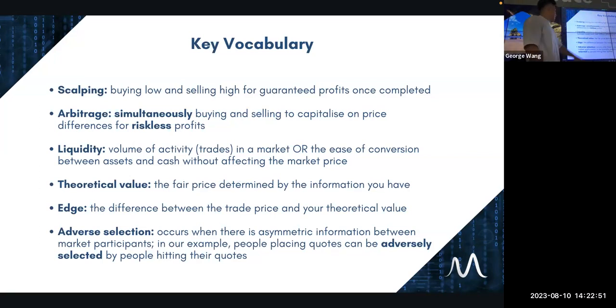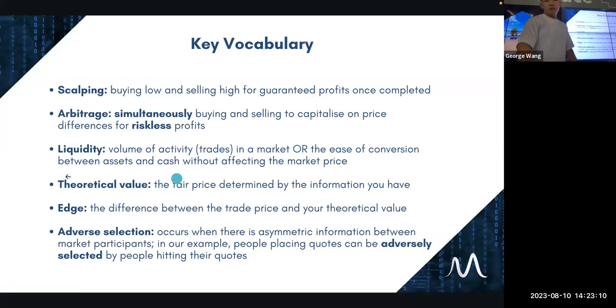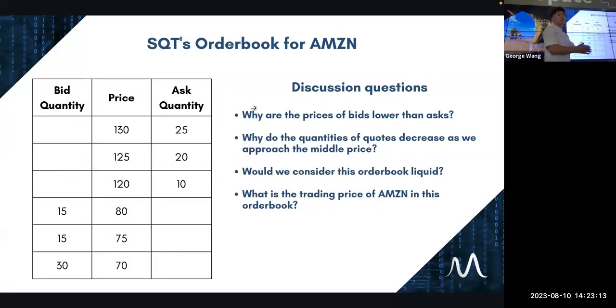All right, the final term is adverse selection. This is one of my favorite terms. Adverse selection basically means that when other people have more information than you, you will often be disadvantaged. For example, the people placing the quotes can be adversely selected by the people hitting their quotes. Going back to my example, if I think this Amazon stock is worth 200, I can buy it for 120 and get the $80 edge. Then the person selling it for 120 is being adversely selected. The whole point is that I will only make a trade with them if I think